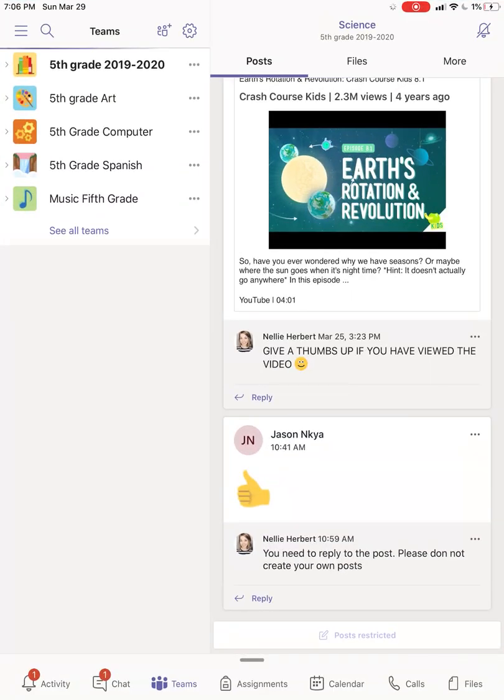And you should come into it, and at the bottom you will find all of your menu options: activity, chat, Teams, assignment, calendar, calls, and files. I am borrowing a 5th grade student's account today for example. So if you'll notice on the left side now menu, you have all of the teams or classes that